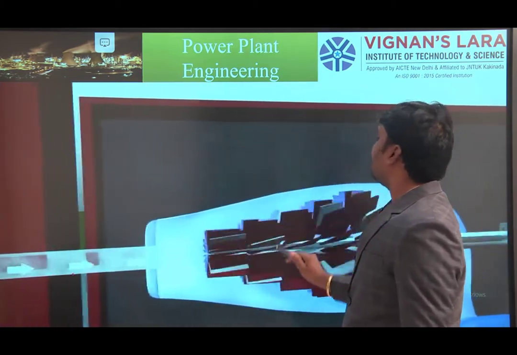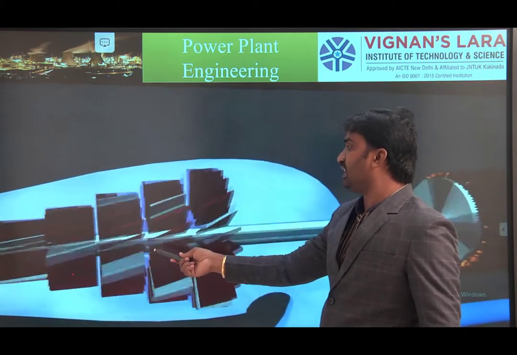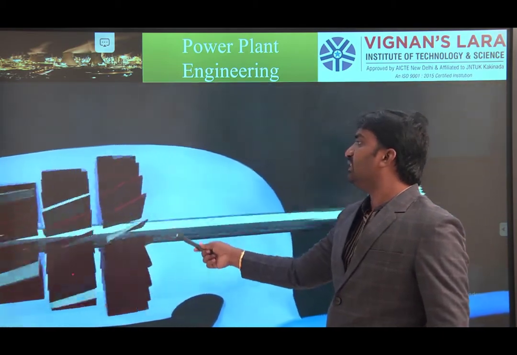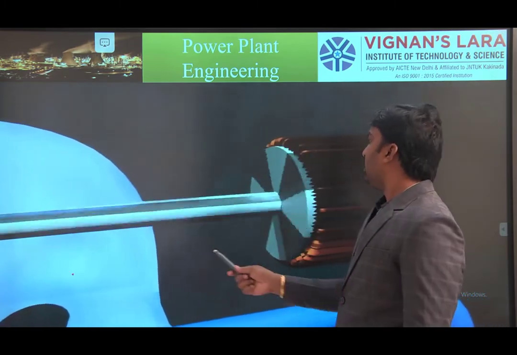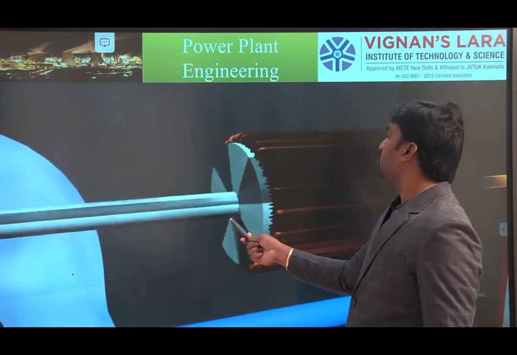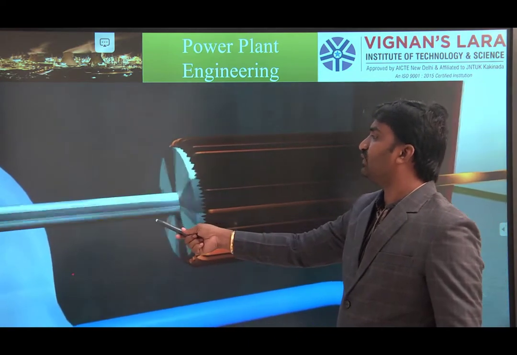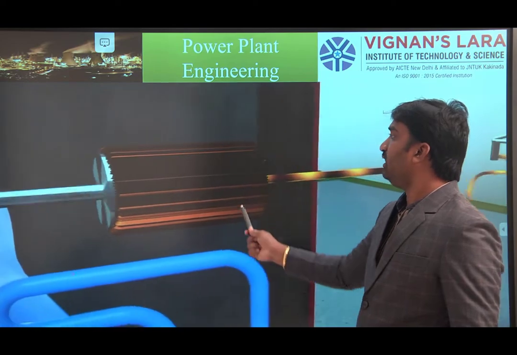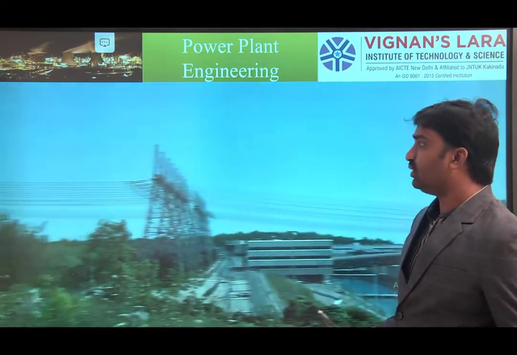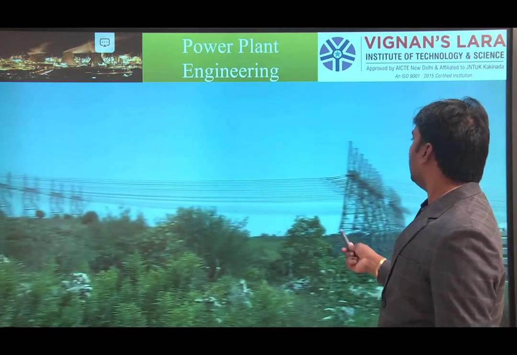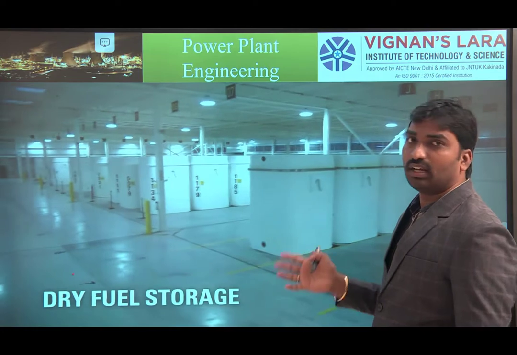So this is the turbine part. The steam is moving, that means kinetic energy. That kinetic energy is converted into mechanical energy by the turbine, and it is connected to a shaft, through the shaft to an electrical generator. So the shaft transfers the energy from one point to another point. In this generator, the electricity is generated. Okay. After the electricity generation, that electricity is transferred to the load centers.